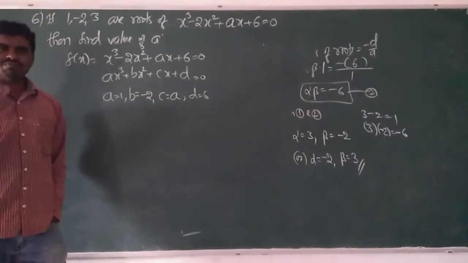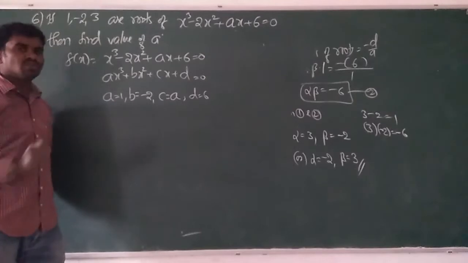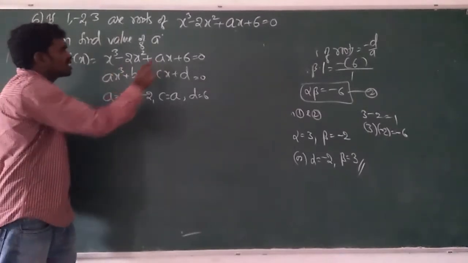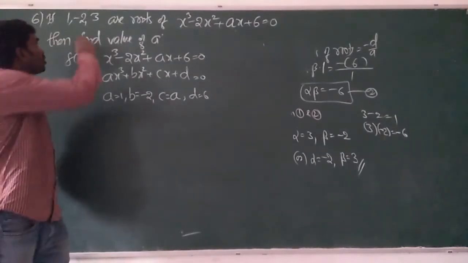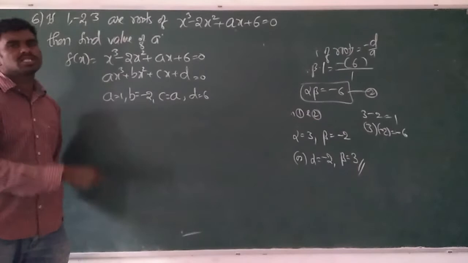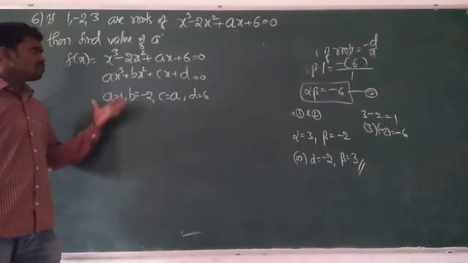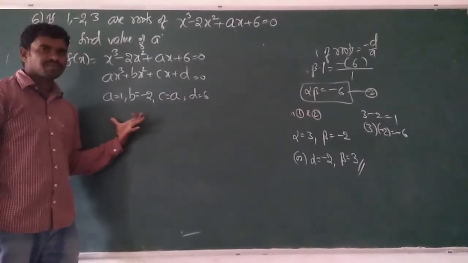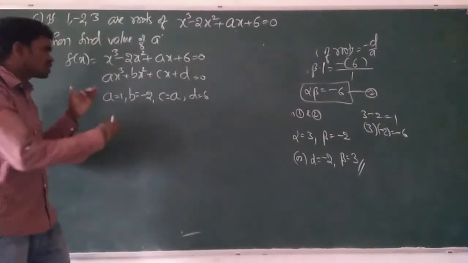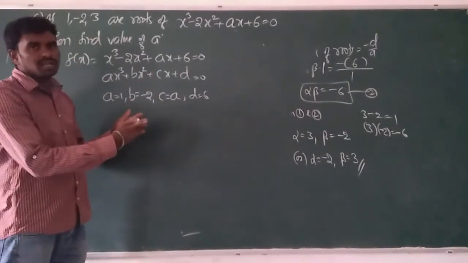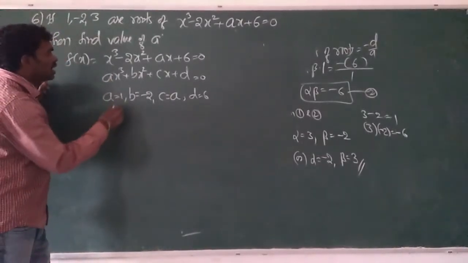See, there is a simple logic to solve this problem. Here 1 is a root, so substitute 1 in the equation and you can get the a value. Or substitute minus 2, same process, same a value. Or substitute 3, same value. I am doing it here by the concept of relation between roots and coefficients. I will tell you the second method also. First listen to this. If you write any method, you will be awarded the 2 marks. Don't bother about that.